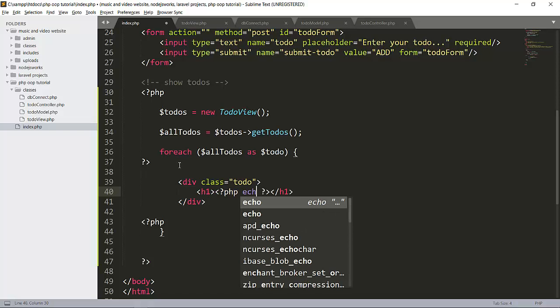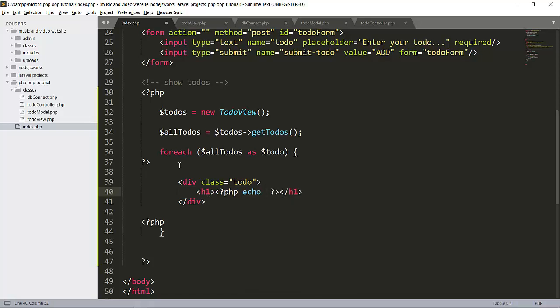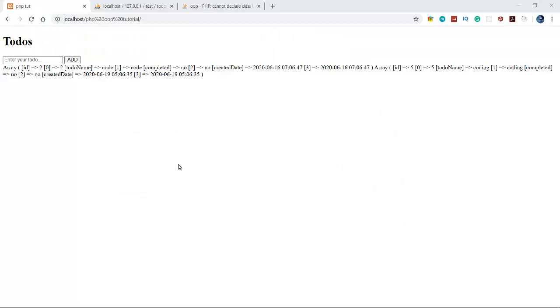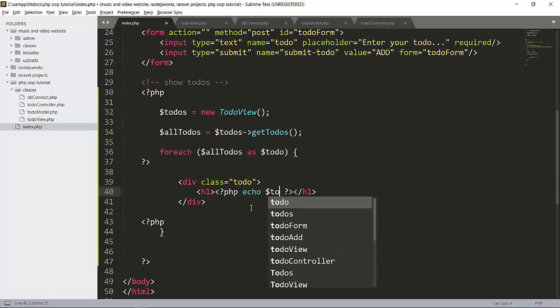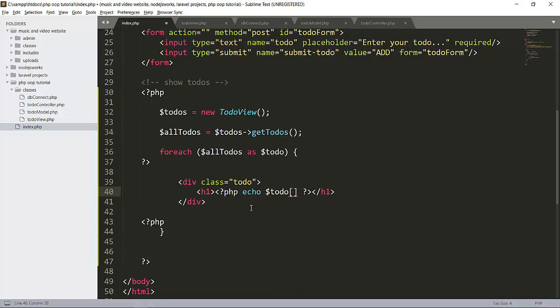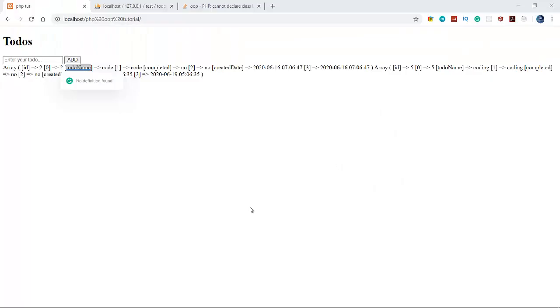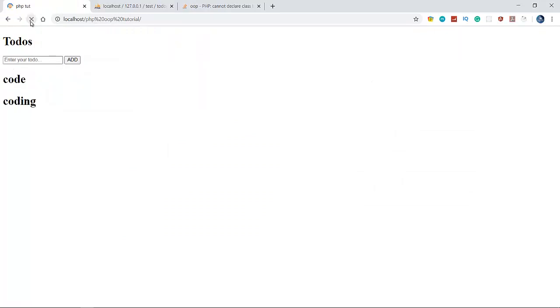We will echo $todo. What we have to print is the todo name. So copy this. Here will be $todo, and under this, like an array, we will print our todo name here. When I reload this, see that we are getting our todos here.